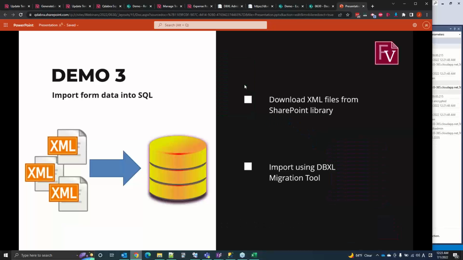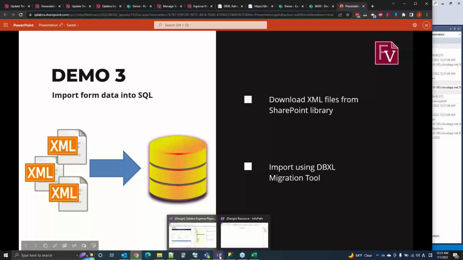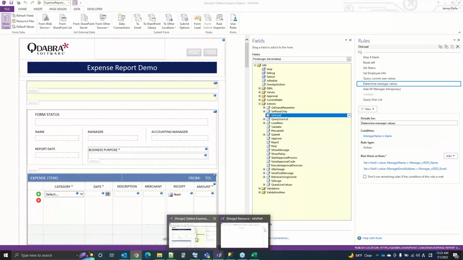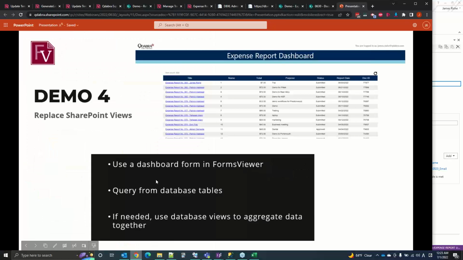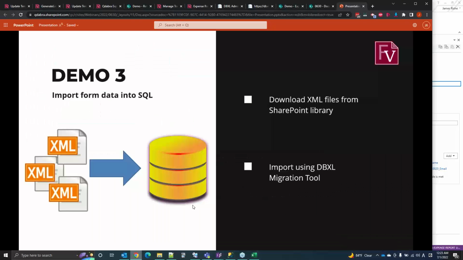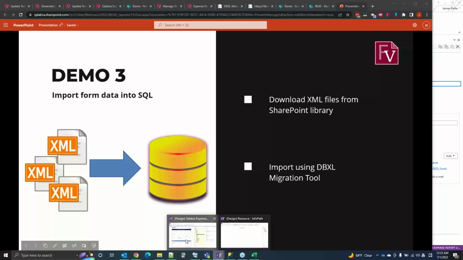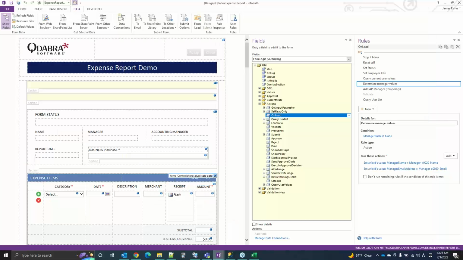All right, so next is import form data into DBXL, into SQL. But I realized it looks like I should talk to what we did in the form to get it to query, because I don't think we have a demo for that. So let me just include that in demo 2. So of course, once the data is in the database, we want the form to pull from there instead of pulling from the